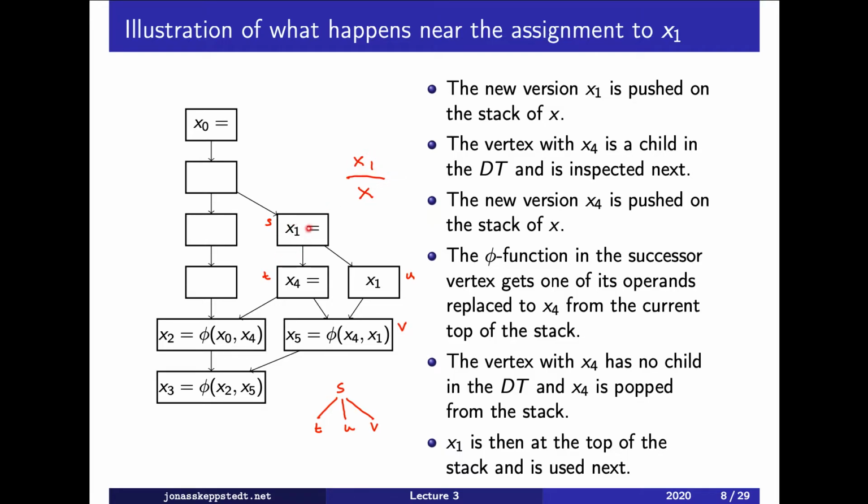Now we are in S, and we are here. And then when we have processed S, we visit each successor to look for phi functions, but we will go down to each child in the dominator tree. So we will go down to t, and there we push x4